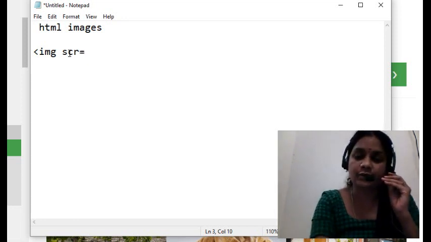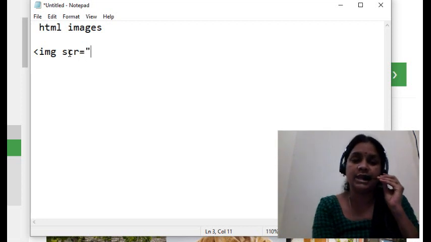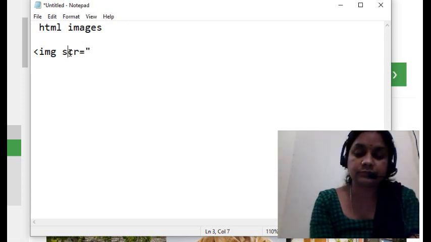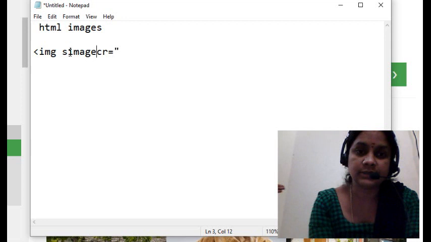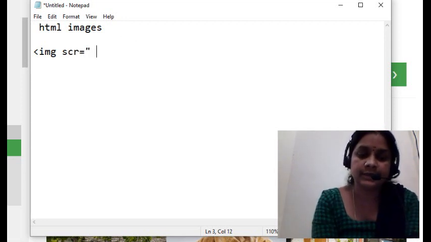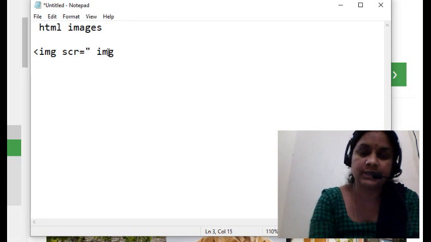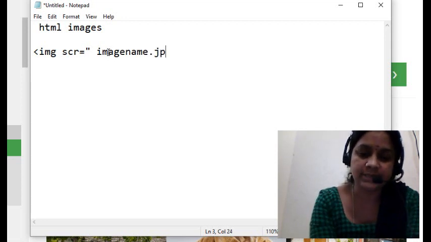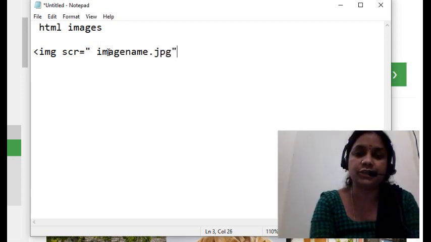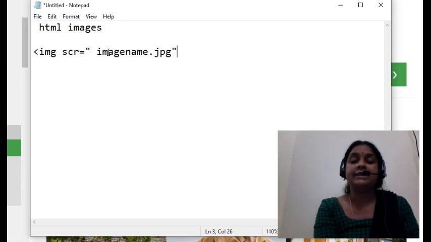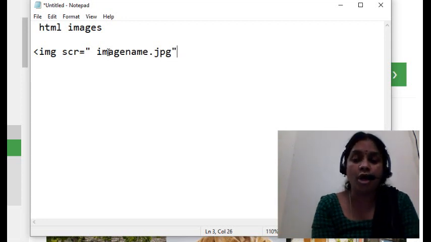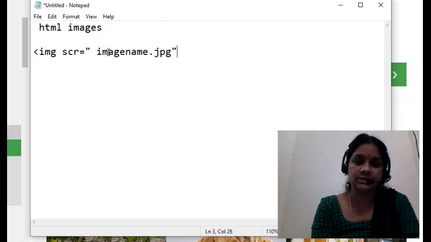Then we write double quotes and the image, sorry, src, img, image name dot jpg. Why am I using dot jpg? Because images will always be in the form of jpg.